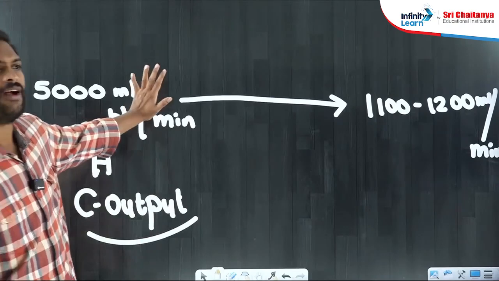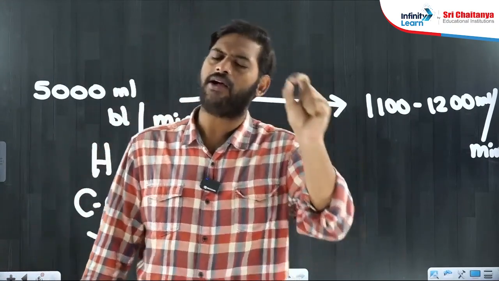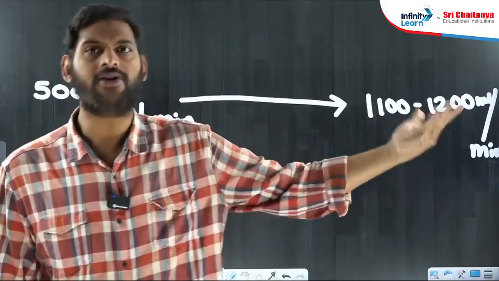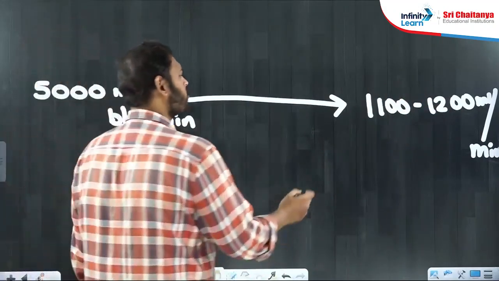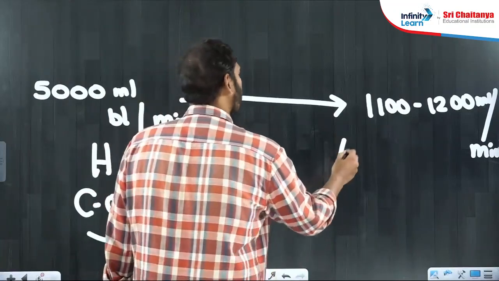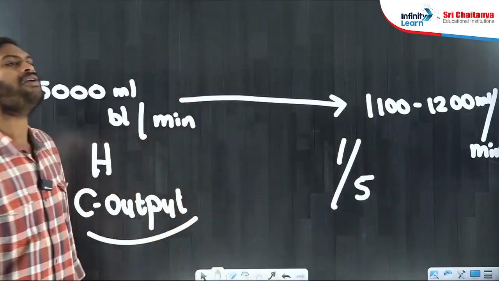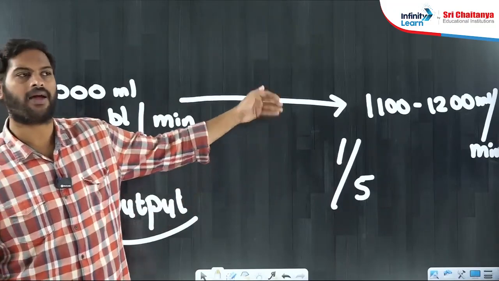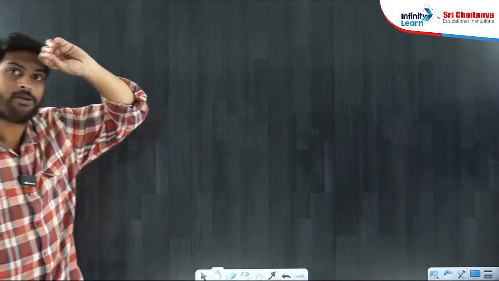And of this 5 liters of blood, only 1000, 1100, 1200 ml is getting filtered, which means how much amount of blood is filtered by kidneys, which is sent by heart. 1/5 of heart pumped blood will be filtered every minute by kidneys. And by filtering this 1000 ml around,